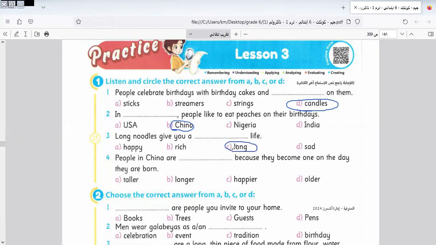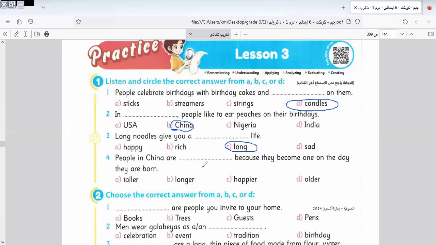I think so. You can say, Miss Iman, you are a clever teacher. I know from the text that people in China like noodles and peaches, and noodles especially. Why? Because they give them long life. Because the noodles are long, so this expresses long life. Okay, I think so. But some of you say this is correct and some not correct. It's not real. It's not reality.